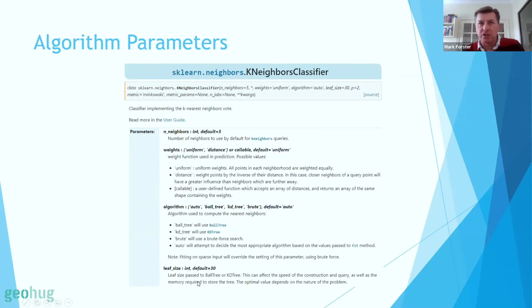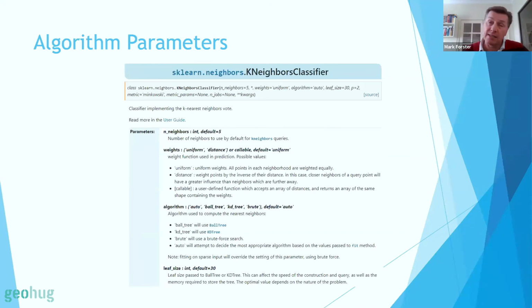So one of the other things you would do is create a matrix of different parameters. You might try it with 5 nearest neighbors, 10 nearest neighbors, 15 nearest neighbors. You may try it with uniform weighting or a distance weighting. And then there's different algorithms you can use to calculate nearest neighbors, and different distance metrics. So you can build up different permutations of these parameters and then run those on your 5 different sets of data on 20 different algorithms.